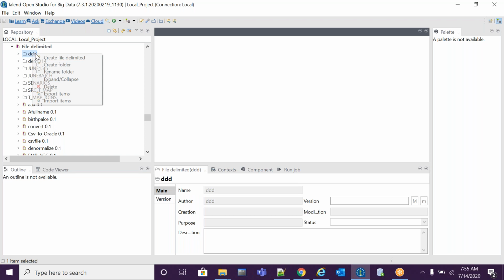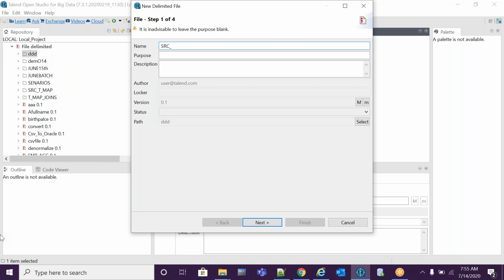In the create file delimiter, we'll provide the source file name, src normalize metadata. First we need to import the metadata, so that's why I'm importing it using the metadata section, in the file delimiter, because it's a txt file. Click on next.